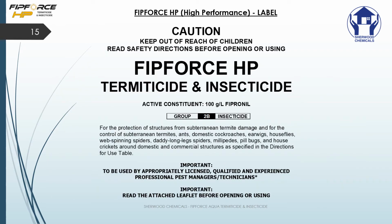The next few slides will run through a couple of key points based on the new product label. Many of you will be used to the FipForce Aqua label. However, this is what this accreditation is about, being an upgrade to the FipForce product, now calling it FipForce HP or FipForce High Performance. So the active constituent is still 100 grams per litre, and the label is for the